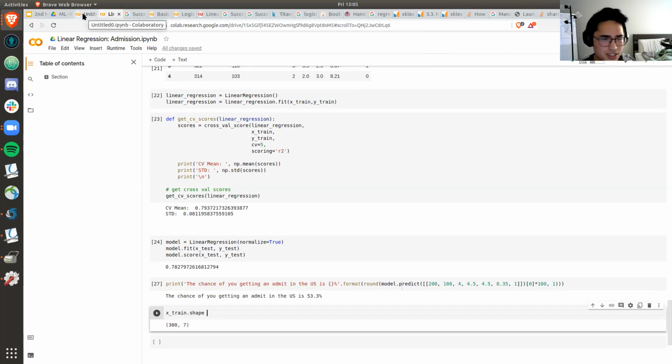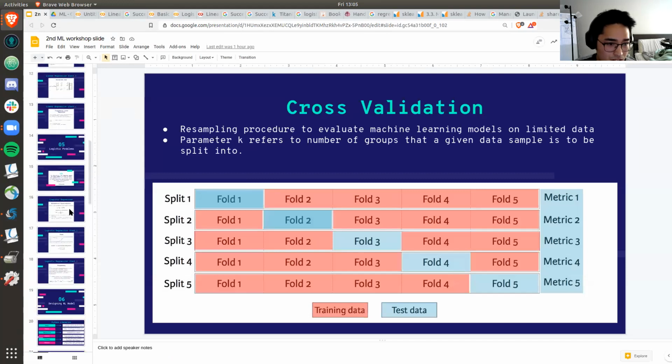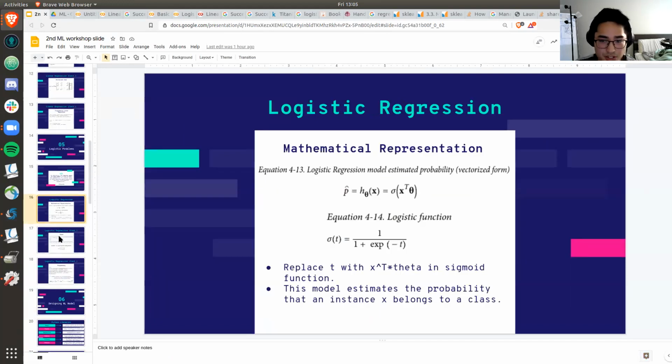But yeah, the next thing that's going to be really important to understand, and you need to understand it really well before you get into neural networks, especially when we do image classification, is logistic regression. So going back to our slides, logistic regression is basically just estimating the class probability that this specific input is in this specific class, like the image example: is the input image you gave me a dog or a cat?